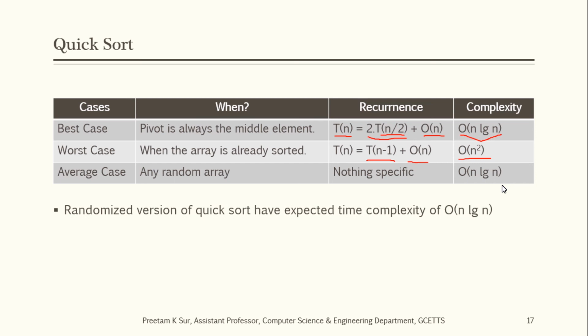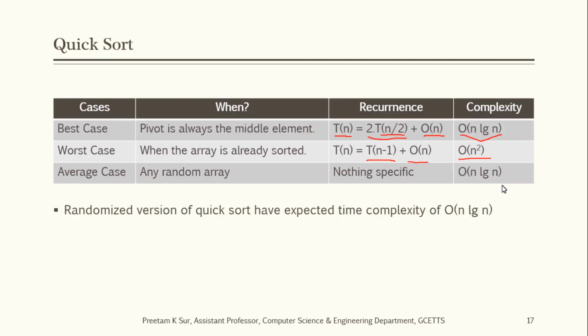And the best of it, we can have a randomized version of quicksort, which we have also seen in the design and analysis of algorithm course, where we have the expected time complexity of order of n log n, right? So in the randomized quicksort, what we have seen is that whenever we are trying to find out the pivot, we are basically finding it in a randomized way. We are not taking the element of the same position again and again. We are basically randomizing it, and that gives us an expected time complexity of order of n log n.